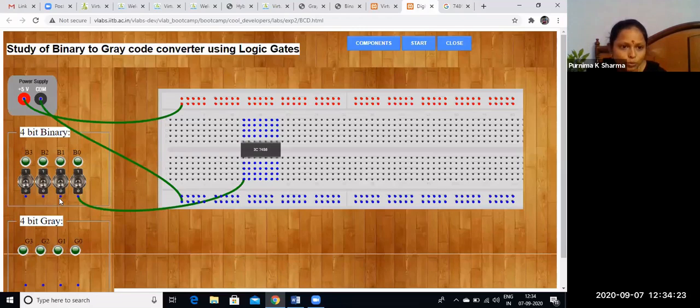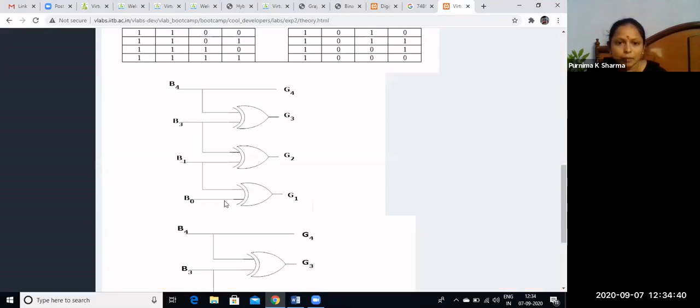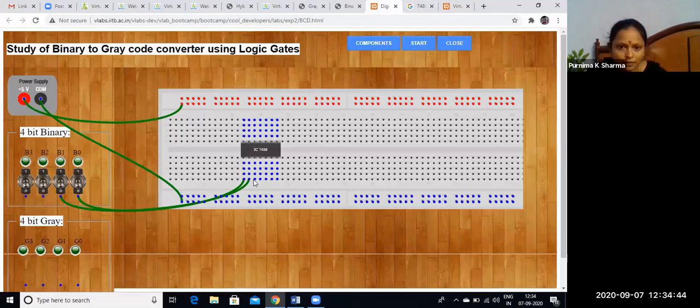So 1, 2, that means B0, B1 I'm giving. The third pin is for output. See, B0, B1, G1 is the output. That means the output I am connecting to G0.